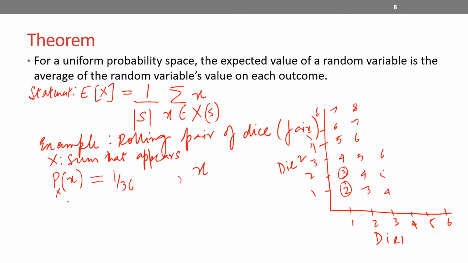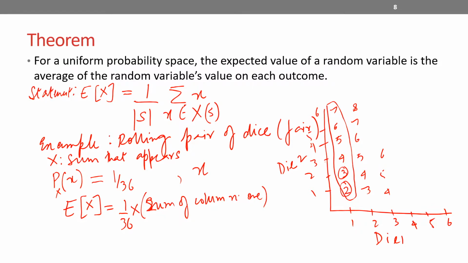So if I plug those values into my formula for the expectation of X from the previous slide, this is going to be 1 over 36 times 2, or making it more concise, I can say 1 over 36 times the sum of column 1, which is this column, and then plus 1 over 36 times the sum of column 2